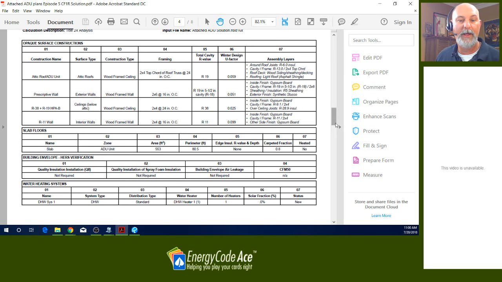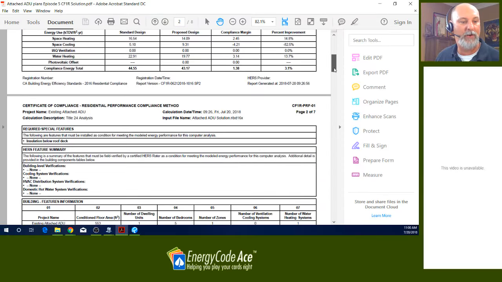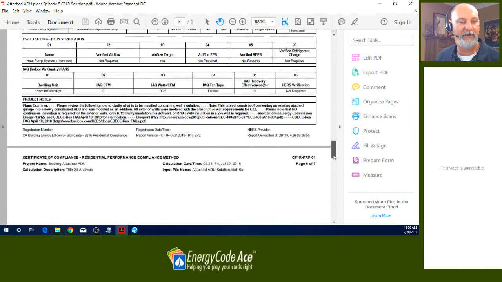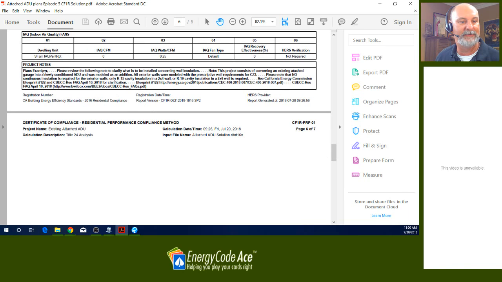Now, I've gone ahead and added a comment to the plan checker down here. You can see that in the project notes. Plans examiner, please review the following note to clarify what is to be installed concerning wall insulation. This project consists of converting an existing, I should say detached, garage into a newly conditioned attached ADU. So, and I'm explaining what I'm doing here, that I modeled a prescriptive wall